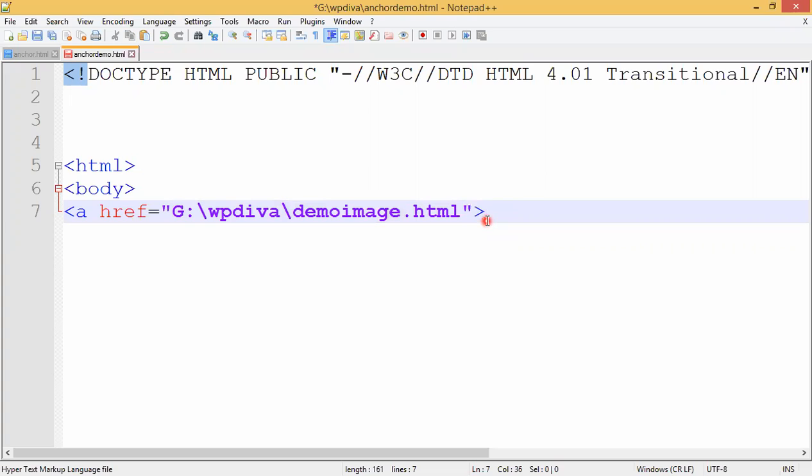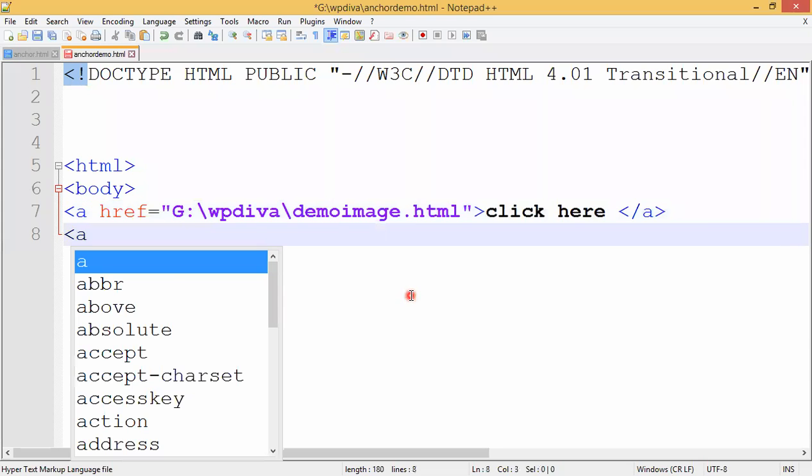Just close the anchor tag, right? Close the anchor tag and type a message here, that is click here. Close the tag and write a message here, click here, and now you close this anchor tag. Fine. So what is the format of creating links? I have to take a href is equals to the path of my file. So which is this file? This file has to be displayed when I click on this message. So this message should be displayed between the anchor tag, in the combination like this, a.